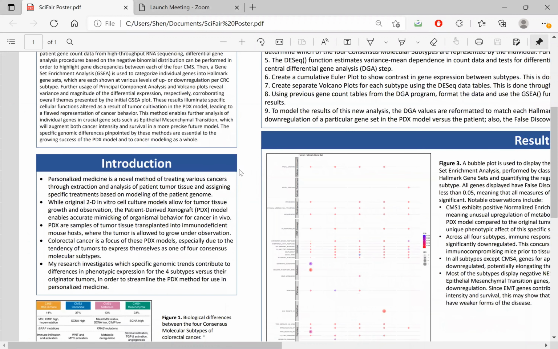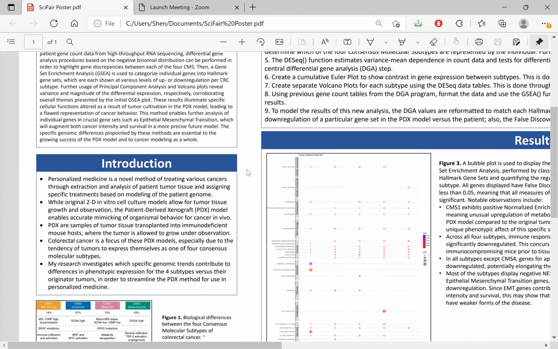So personalized medicine is a novel method of treating cancers that has been developed through extraction of patient tumor tissue and then testing of specific treatments using tissue models. Traditionally, 2D in vitro cell culture models have been used for this treatment testing. However, those don't always accurately reflect the workings of organismal functions and therefore don't always present the most accurate results